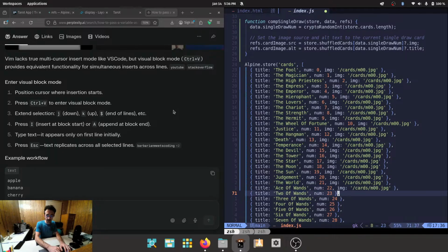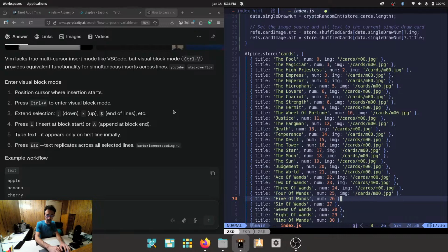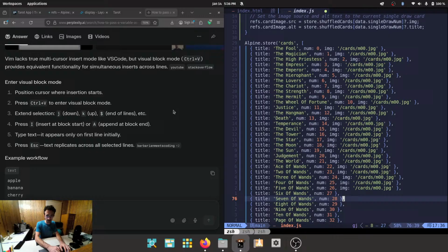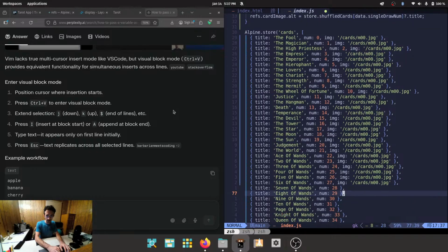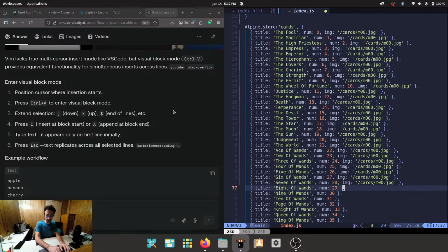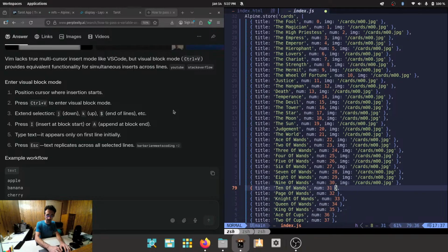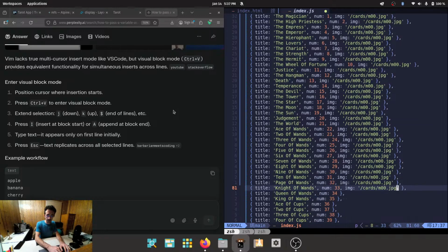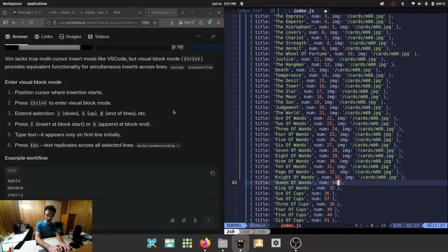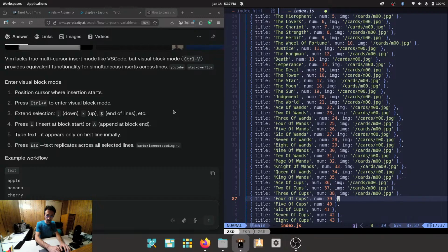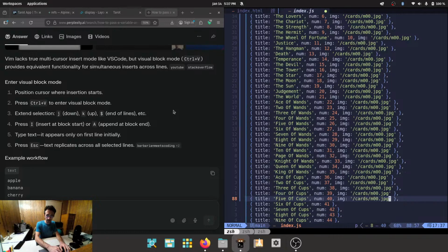That's one thing I like about using Vim with VS Code is you could use functionality of VS Code and Vim at the same time with like custom key bindings. It was great. I considered just doing that too here, but I wanted to try it. I'm sure there's probably a way I can set it up where I would have like multi-line or multi-cursor support here, but I have not looked into it. So for now, all of these are just going to have the full card